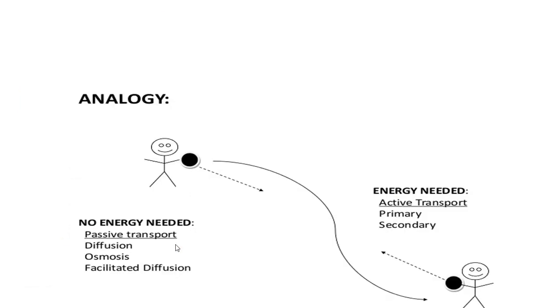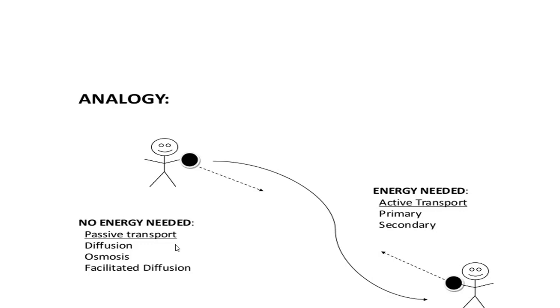Now let's move onward, to how these molecules, sodium, potassium, calcium, glucose, amino acids, chloride, hydrogen, are transported, or how they pass through the cell membrane. Before that, here is an analogy, which I have taken from the internet. This analogy shows that one type of transport is energy dependent and the other is energy free.